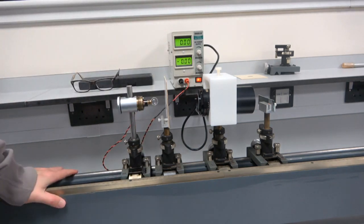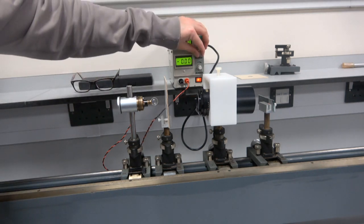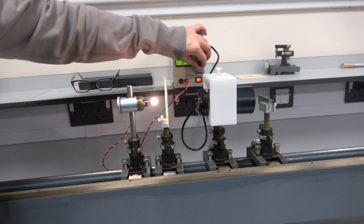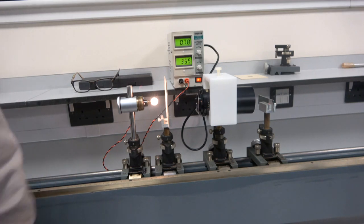Okay, so now we find out if this light bulb is working. Not bad. I'm tempted to blow the bulb just so that you can see what happens when you do, but I've not been able to find any of the replacement bulbs, so this is the only one we have in